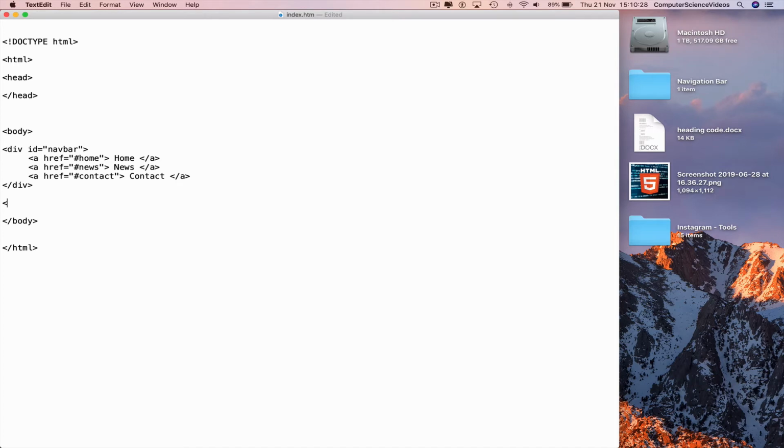So less than div style equals speech marks padding colon 15 pixels, 15 pixels again, 2500 pixels, semicolon font size colon 30 pixels, semicolon margin dash top colon 30 pixels, semicolon highlight,